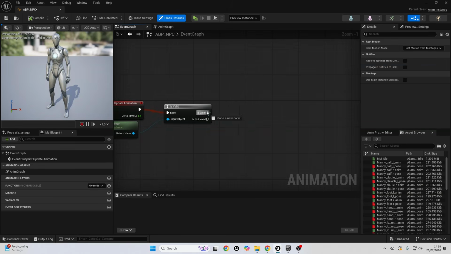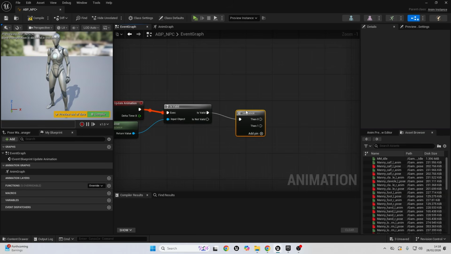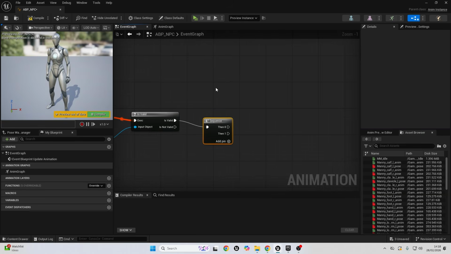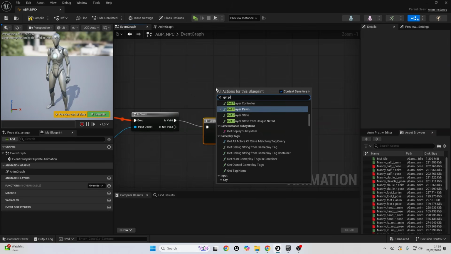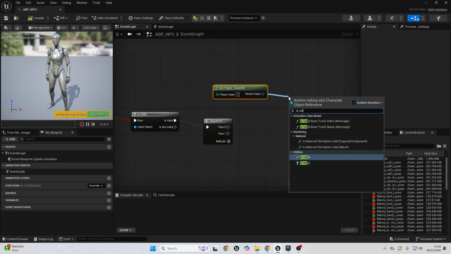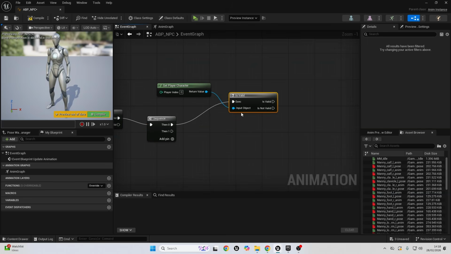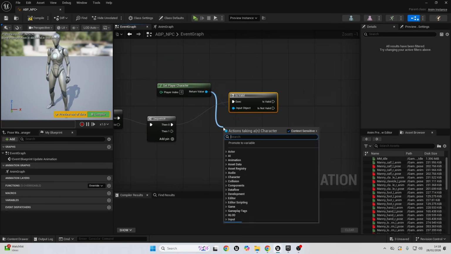Once we've done this, drag off Is Valid and look for a sequence. We then just want to create a reference to our player character. To do that, we can right click and look for Get Player Character, and we just want to make sure that this is valid, so drag off here and look for Is Valid, connect from Then into here, and if it is valid, we want to drag off our player character and look